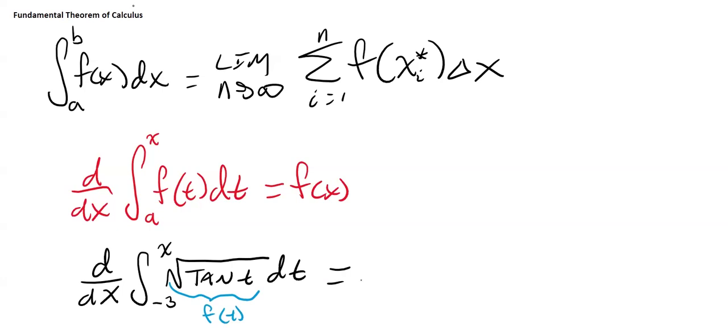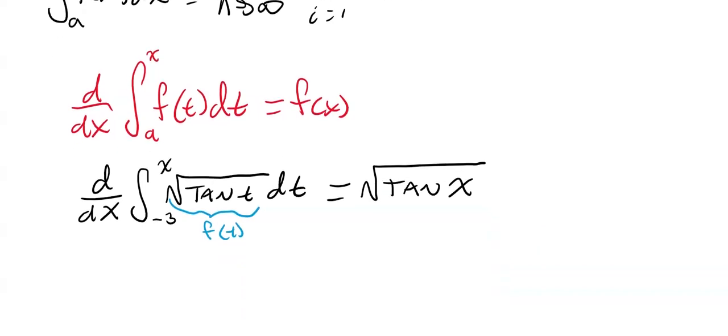And we're going to end up with simply f of x, the square root of tangent of x. That's the result. So they undo each other. Taking the derivative with respect to x of an integral that's in terms of x just gives you the function. And we also have another version of it, a chain rule version of it, where